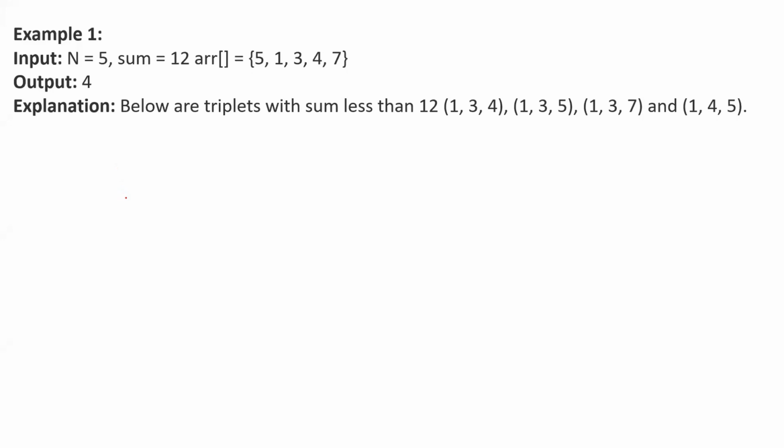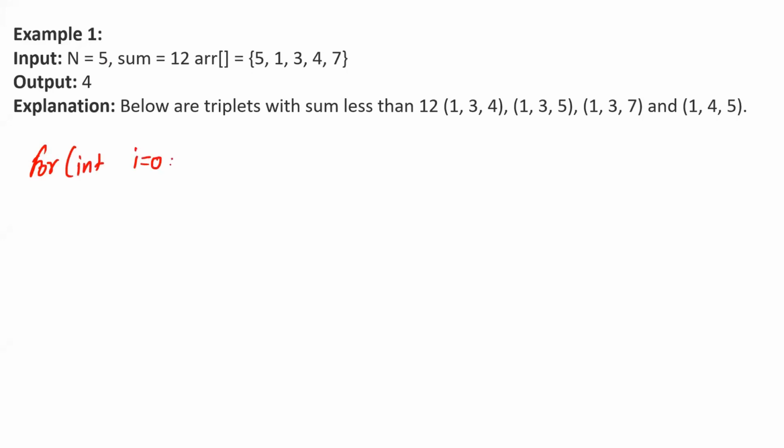So for this particular problem, the brute force approach, or I can say the simple solution that will be there in your mind, is that let's run 3 loops where we can consider all the triplets one by one. For every triplet, what we can do is we can compare the sum and we can increment the count if the triplet sum is smaller than that of the given sum that is provided to you.